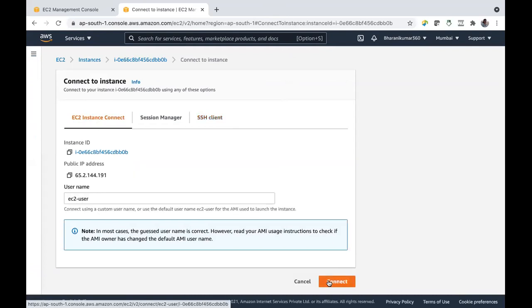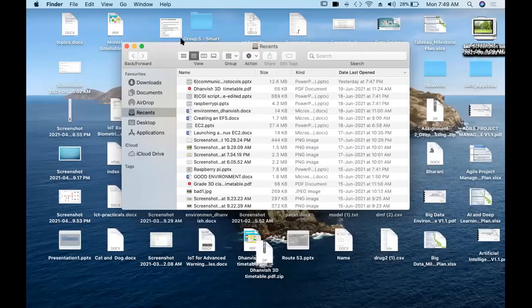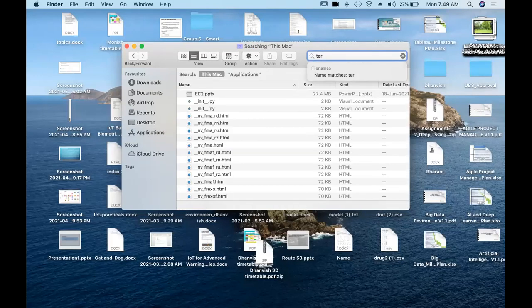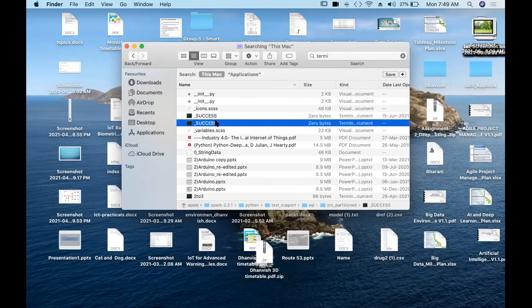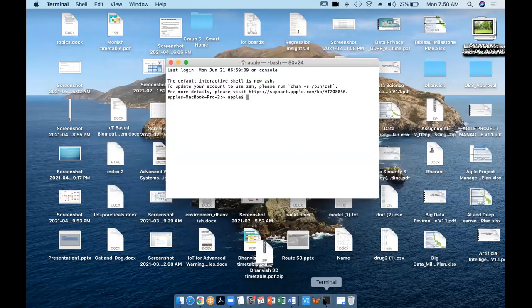If there are any Linux users, how do you SSH into your instances? Using terminal. Go to your terminal, and I have my keypair in downloads.